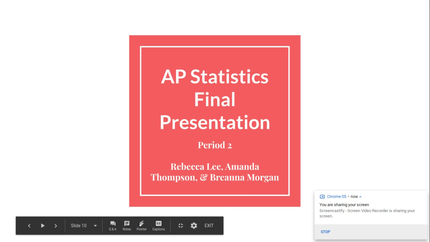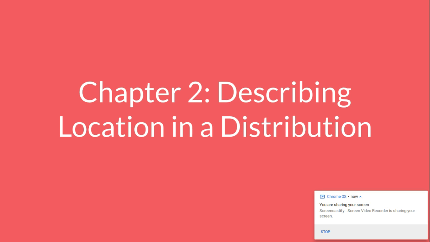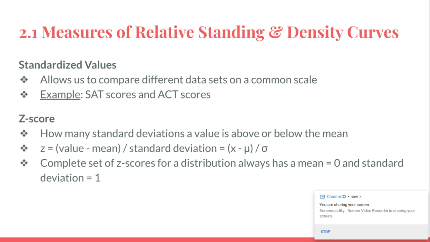Continuing with our AP Statistics final presentation is Chapter 2, which is describing location in a distribution. To start off is measuring relative standing and density curves through standardized values, which allows us to compare different data sets on a common scale. An example is SAT scores and ACT scores, and then Z-score is also introduced,